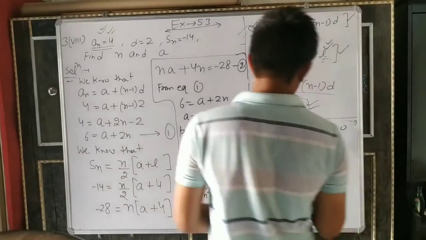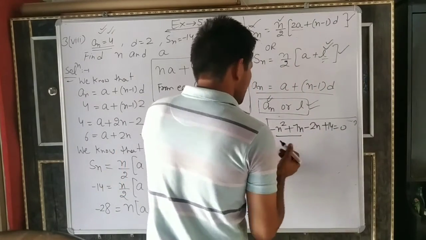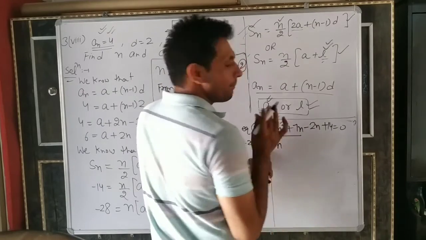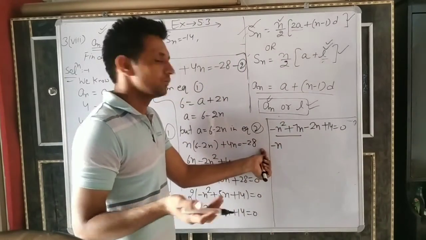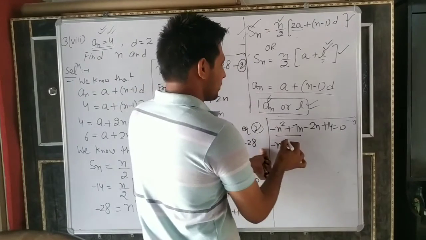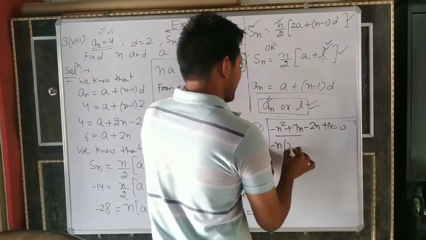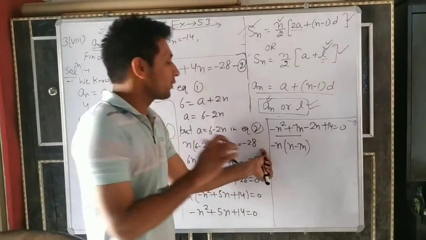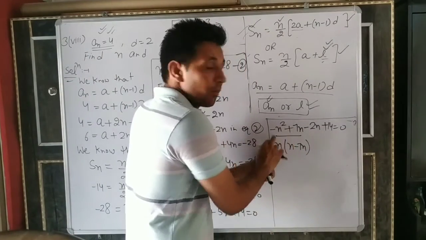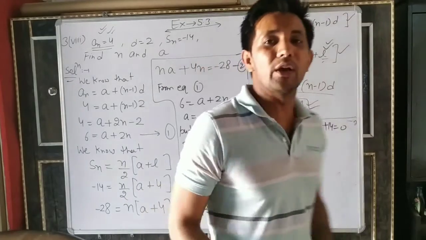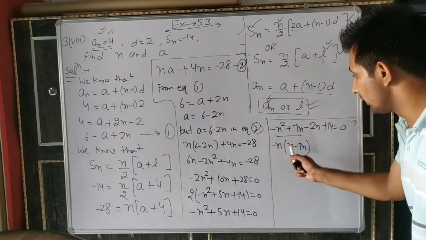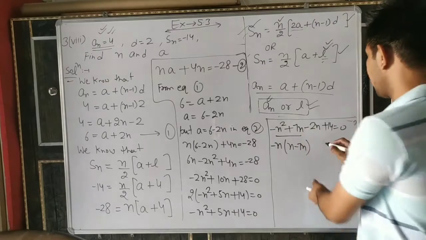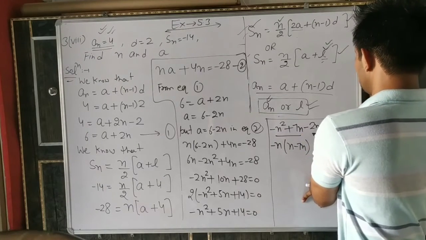It's okay. So take common. What is common? You can take n common or minus n common. If we take minus common, what remains? It is positive, n minus 7. Always remember dear, whenever we take minus common, the sign is changed. You can verify it also. Negative into positive is negative. Negative into negative is positive. It means right. Again, the same remains here.